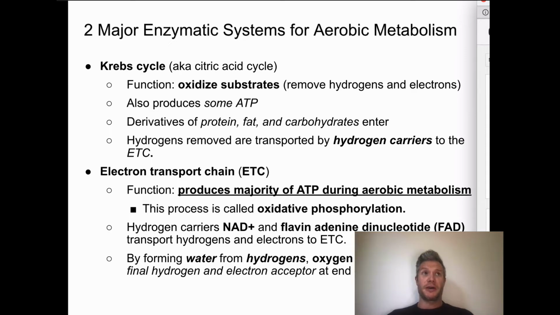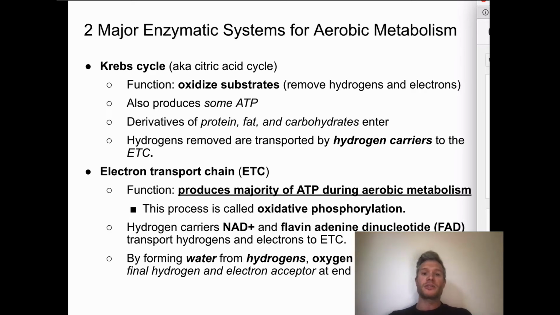It'll produce some, and by some I mean one ATP in the cycle, but it'll allow us to use derivatives from protein and fat,